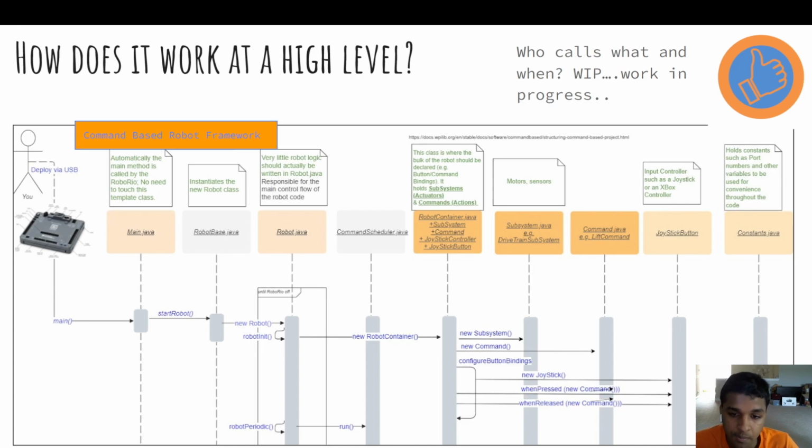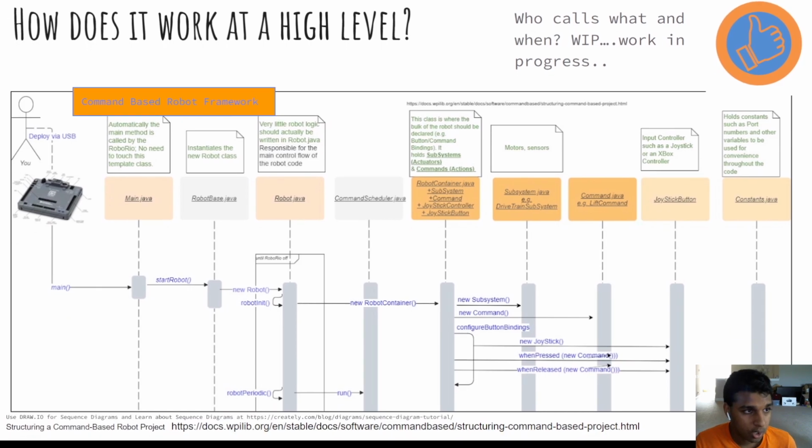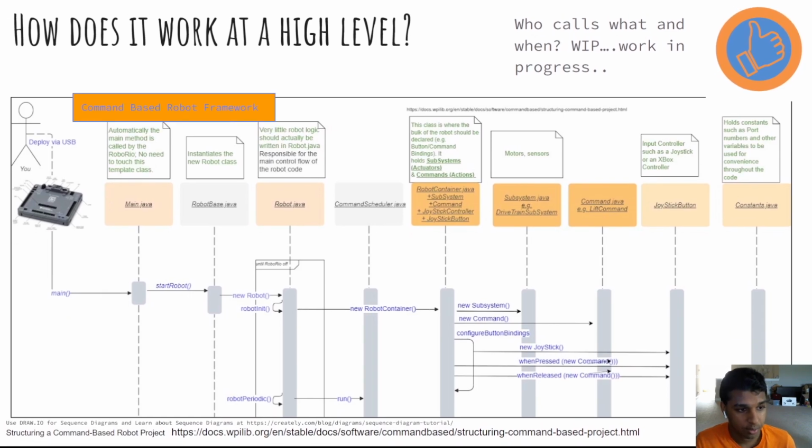And the last thing is this Constants.java file. This holds port numbers and other variables that will be used conveniently throughout the code. Because if you're thinking about it, when you're working on a large scale project like programming a robot, you would have variables that you don't want to keep retyping. Or let's say the electrical team changes the port that one of your motors is plugged into. Now, if you're referencing this port number 5 or 6 times around